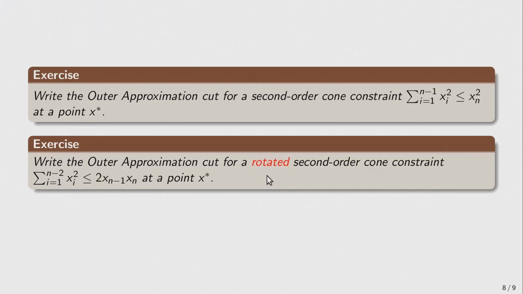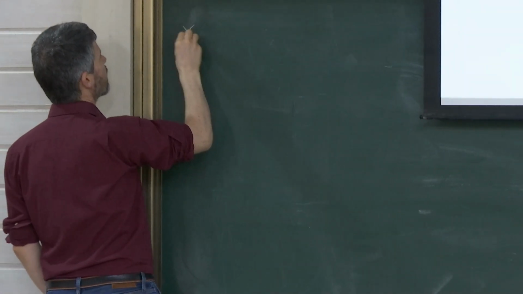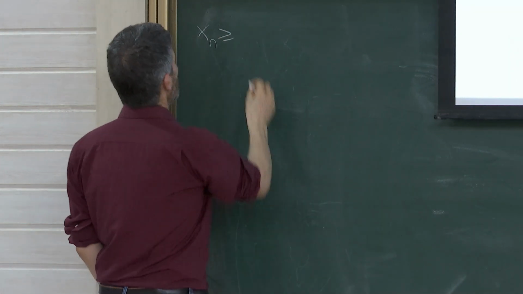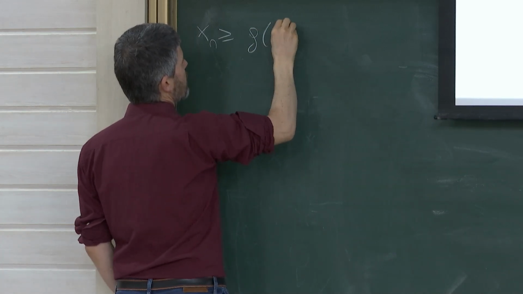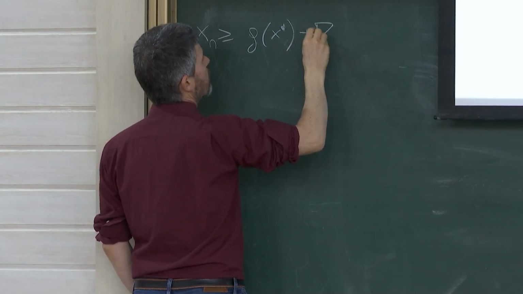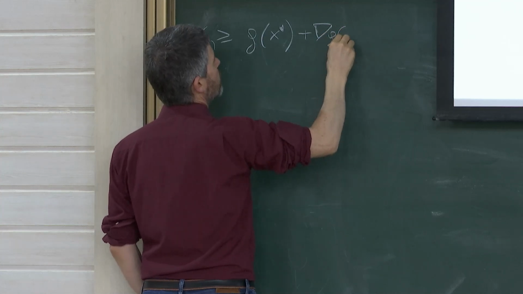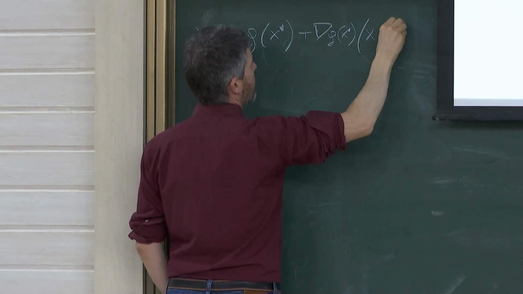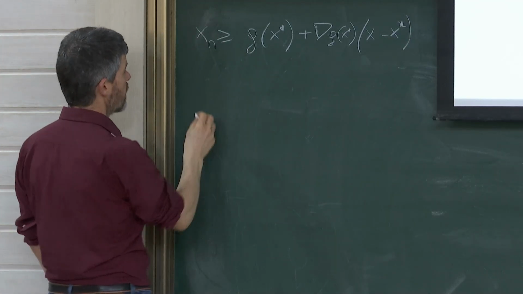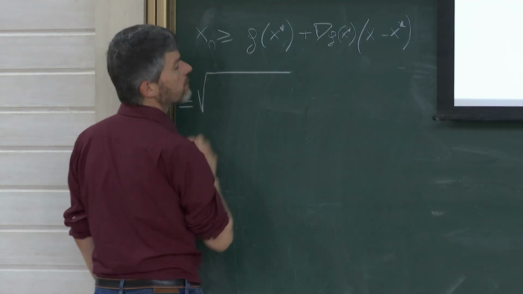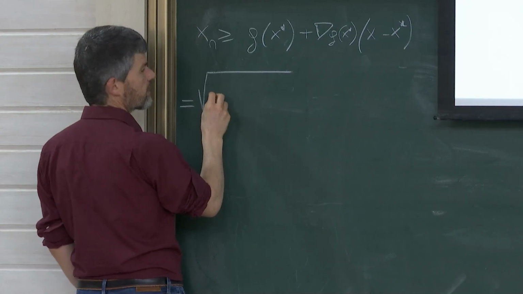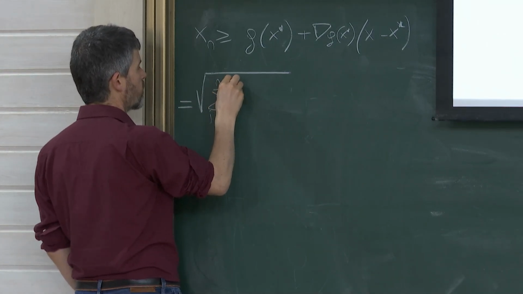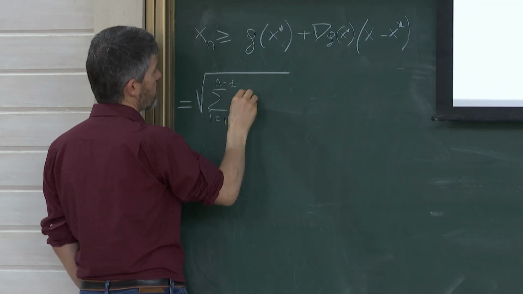So I think the first part is easy. The second part is not so easy. Let's write the solution to the first part. xn greater or equal than, well, I need to compute g of x star plus gradient of g computed at x star times x minus x star, which is simply equal to, in our case, the square root of the sum over i from 1 to n minus 1 of xi squared